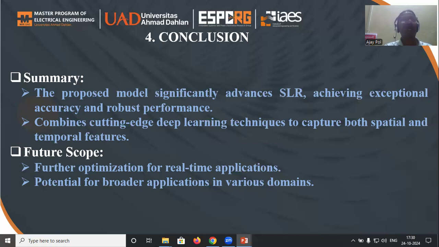The BLEU score analysis further validates the model accuracy with scores of 0.51 and 0.54 on the WLASL and INCLUDE datasets respectively. These results show the model's proficiency in capturing intricate spatial and temporal nuances inherent in sign language gestures, thereby enhancing accessibility and communication for the deaf and hard of hearing community.